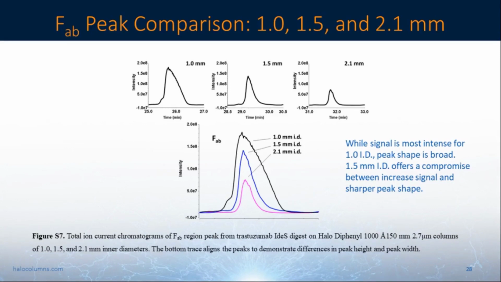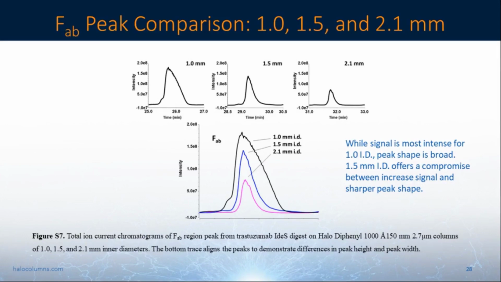So going back to the dispersion discussion we had earlier, let's look at the FAB peak shape comparison on a 1.0, 1.5, and 2.1 millimeter ID Halo columns. So you can see,